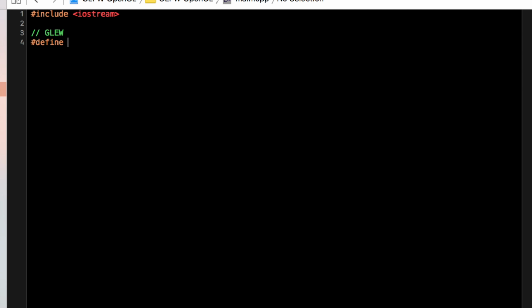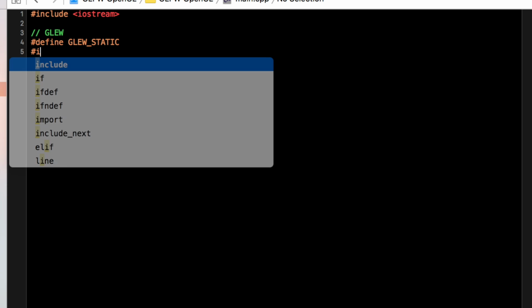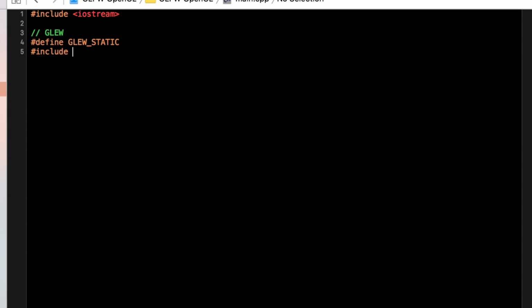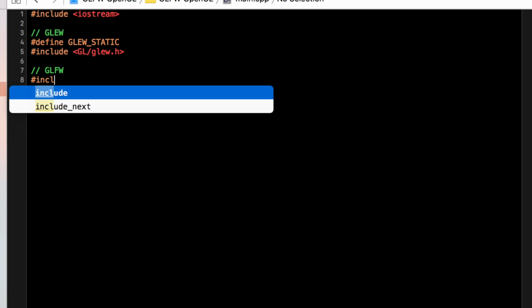#define GLEW_STATIC. We're going to do #include <GL/. So if I click Control space, it hasn't picked it up, but I assure you, if I type in glew.h, that will compile. Now we're going to do GLFW, and for that we're just going to do #include